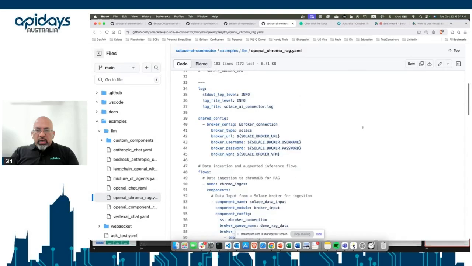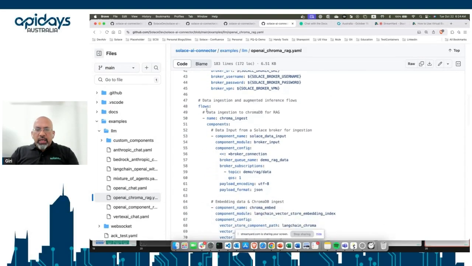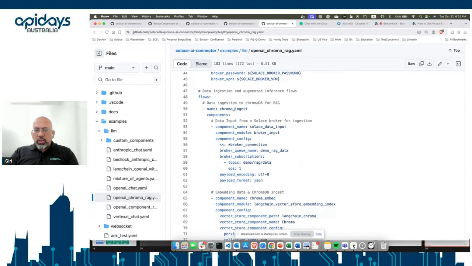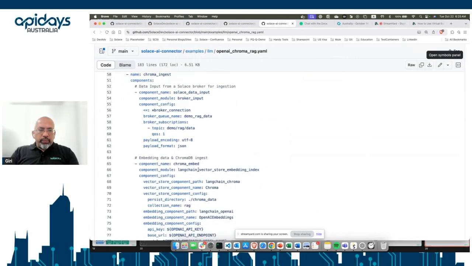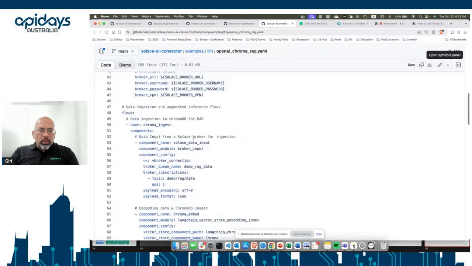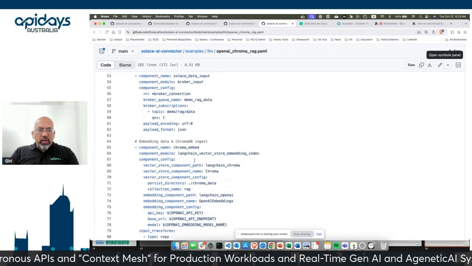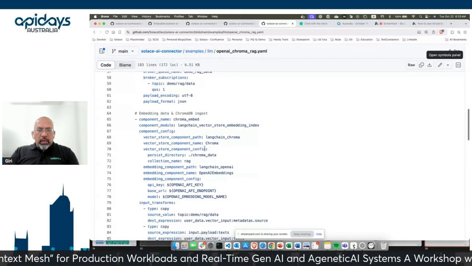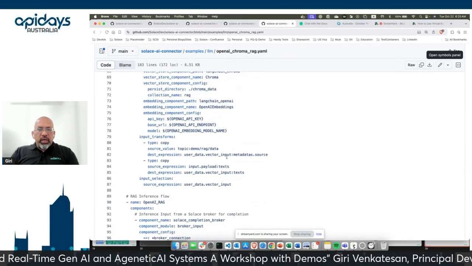Yeah. And if you look at this, it's a shared config describing the Solace broker connectivity. And then you have a flow definition, and it has multiple components. The first one is chroma ingest. So it takes the data input on this topic, and then it hands it to the next component, which is a chroma embed. Basically it embeds the data in the Chroma DB, and it does certain transformation on the data